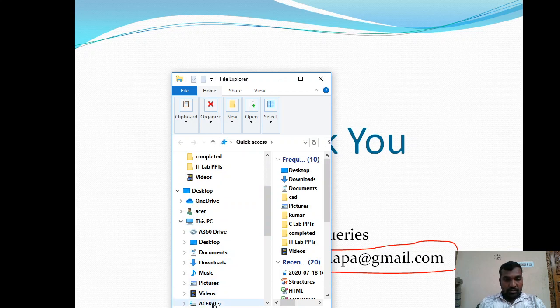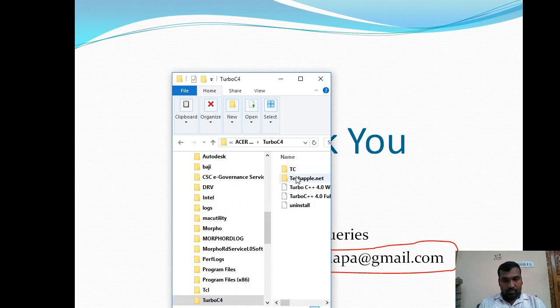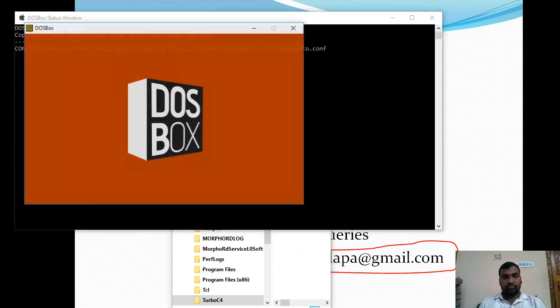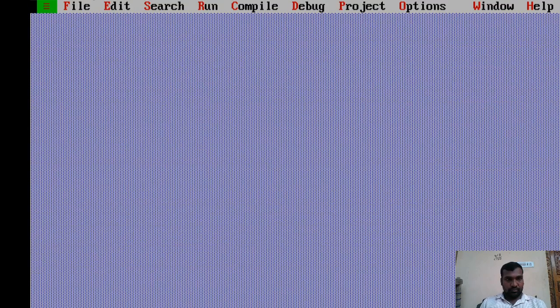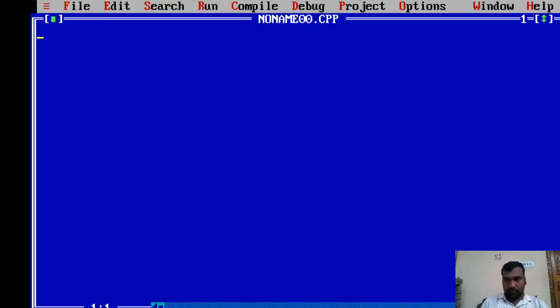I started by including the header files.